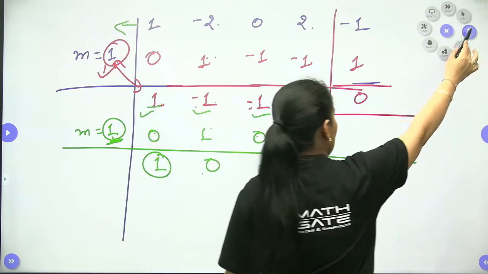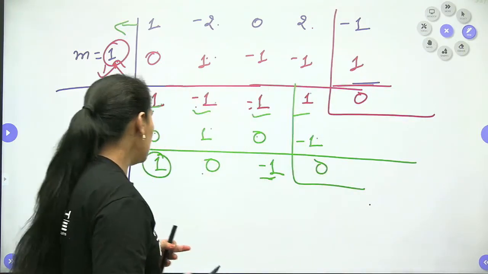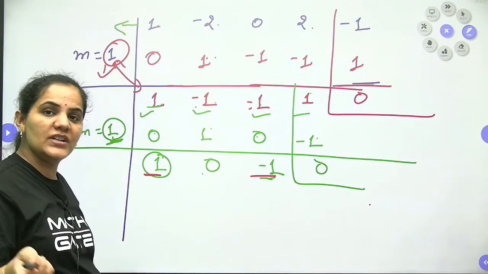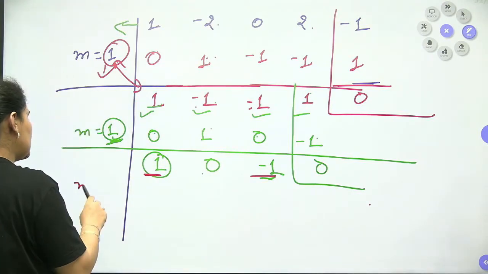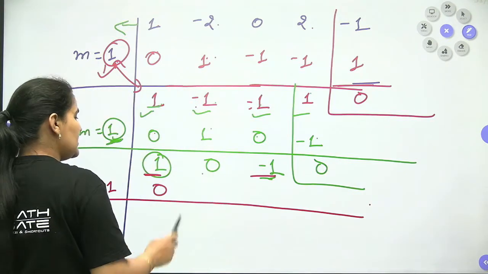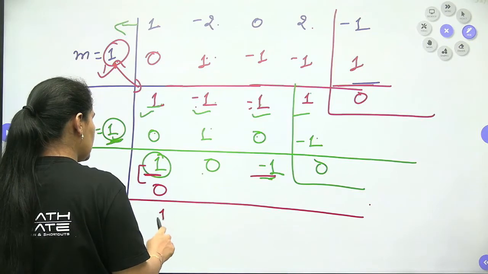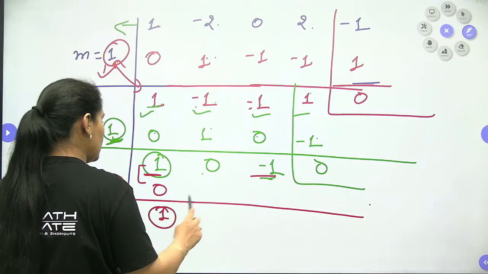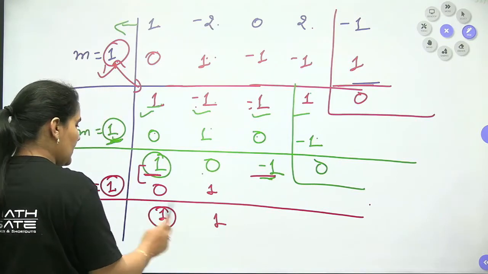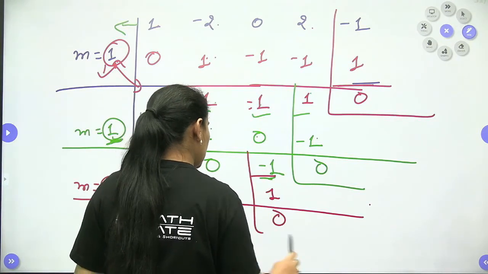So we can leave this term again. Let's check here again: 1 and minus 1, the sum of the coefficients is again equal to 0. So m equals 1 is again a factor, my dear students. It will be 0 again as we already wrote down. 1 plus 0 is 1, 1 into 1 is 1, 0 plus 1 is 1, 1 into 1 is 1, minus 1 plus 1 is 0.